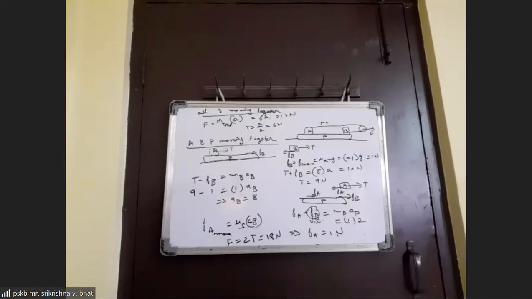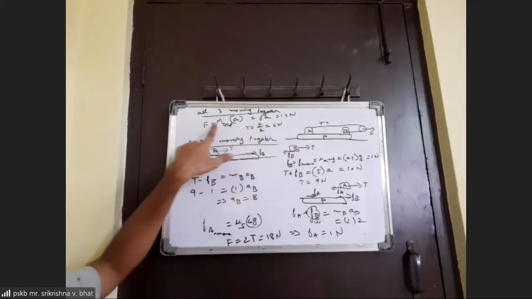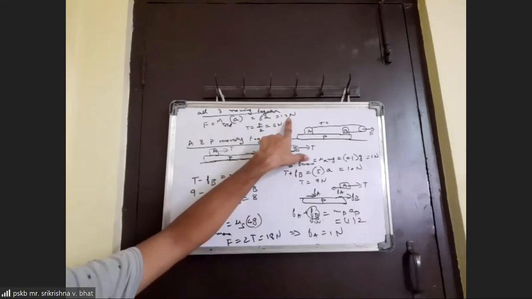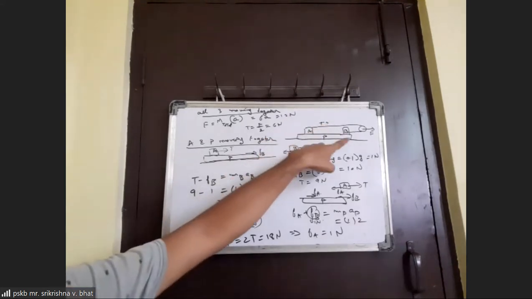Sir, can you explain the first case, when all 3 are moving together? Like, why did we neglect that? When I was explaining the first case, I did not work further because I stopped midway, as I thought there is no point in going further with that. See, what I did was calculate the net external force that should be acting, and that comes out to be 12 newtons if all the 3 have a common acceleration. So that means tension in each string should come out to be 6 newtons.